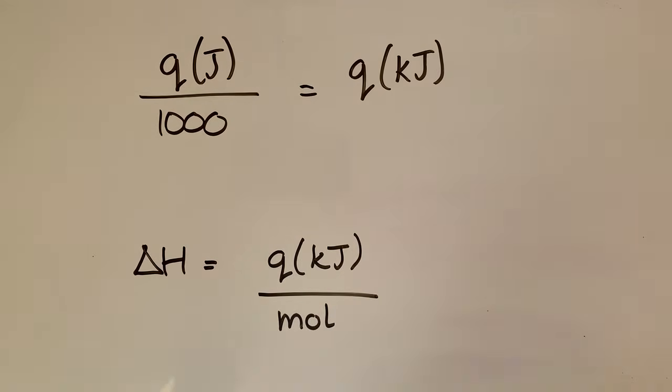Now, you think at this point you've got to the final answer, but there's one more thing that you need to do, is you need to decide the sign of your enthalpy change. So looking at the temperature change, if your temperature during the experiment increased, that tells you it's an exothermic reaction, and therefore your value here needs to have a negative sign. If your temperature decreased, that tells you it's an endothermic reaction, and therefore you need to have a positive value